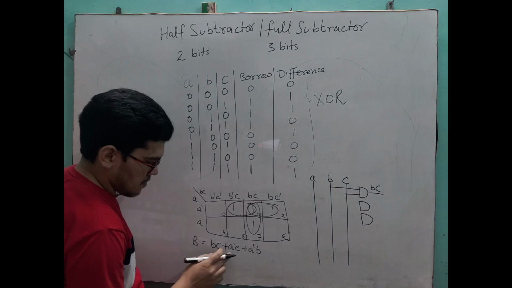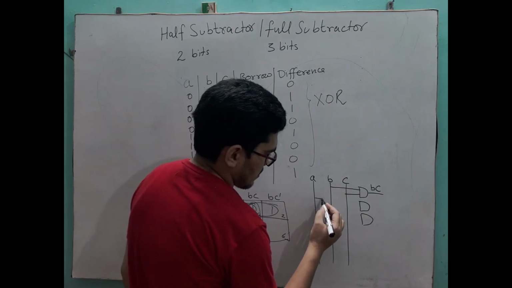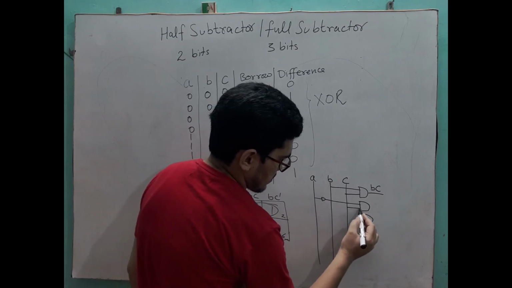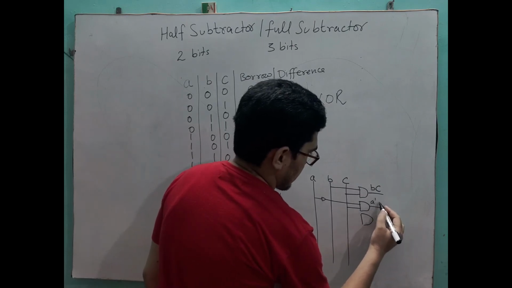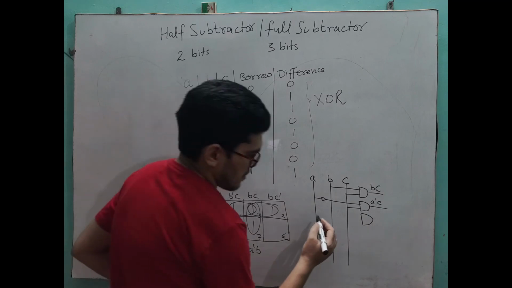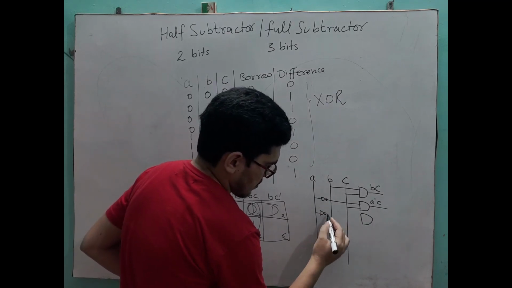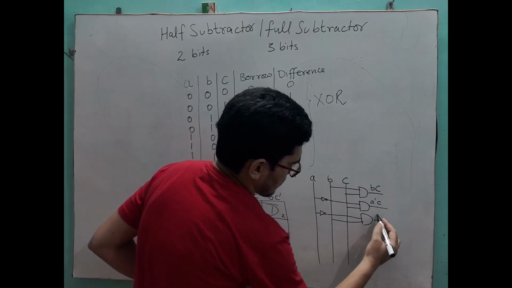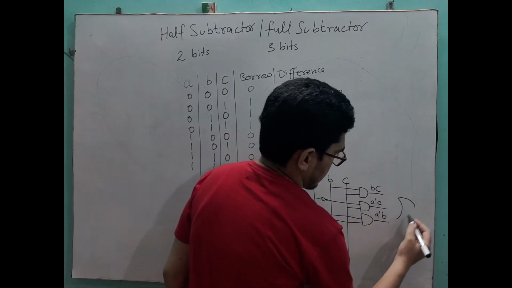Next is A bar C. So this A bar and C, A bar C. This is A bar C. Next is A bar B. A bar B. Okay, A bar B, and finally connect all these